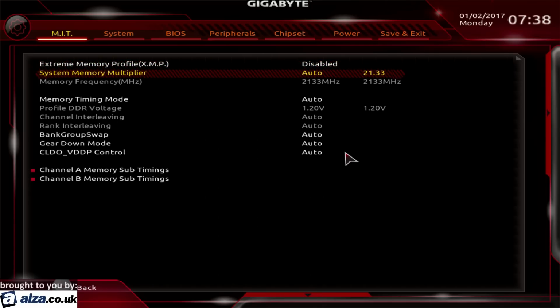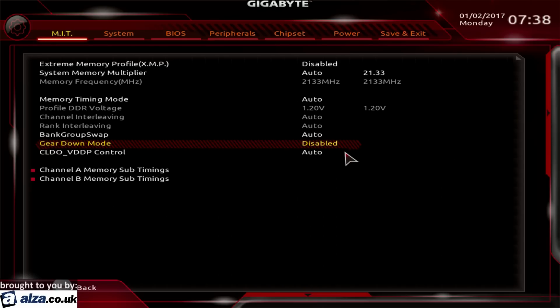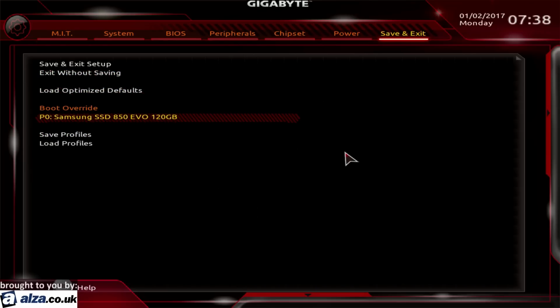And now we're going to go to the advanced memory settings. If you're not on Samsung B-Die, or even if you are on Samsung B-Die, there's really no good reason to keep gear down mode enabled, so just disable it. You're going to put your memory timing mode in advanced manual. Your starting timings,